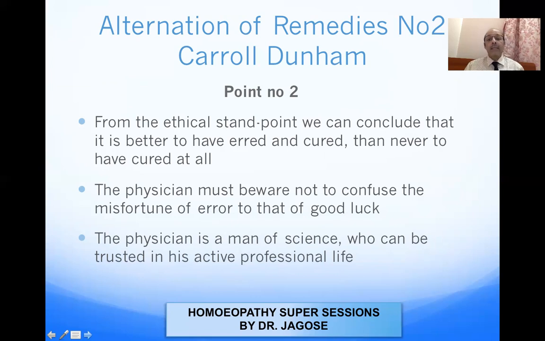From the ethical standpoint, it is better to make some mistake and cure the patient rather than never curing the patient. The physician must beware not to confuse the misfortune of error with that of good luck. Carroll Dunham also tells us that the physician must beware not to confuse the misfortune of error. So whatever mistake the physician has made by misfortune or by error, by giving alternation of remedies, and